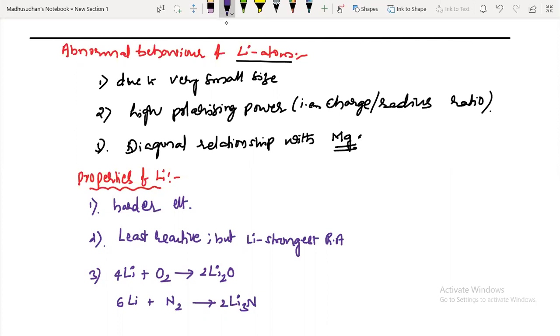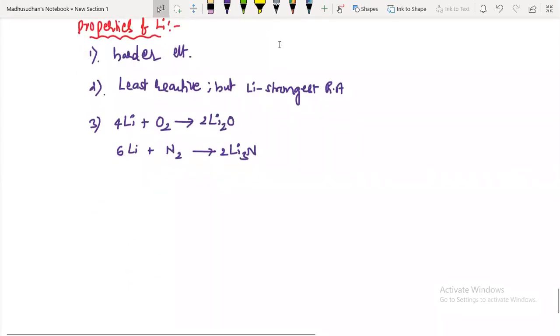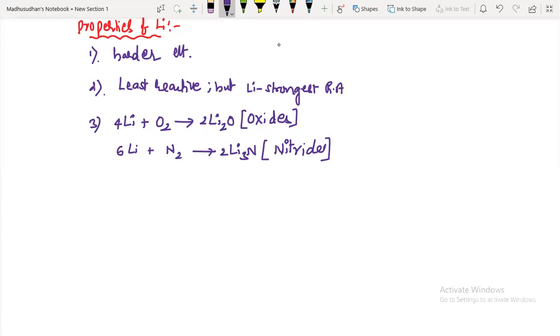Unlike other alkali metals. Other alkali metals form oxides, superoxides, and peroxides, right? But lithium forms only oxides with atmospheric air and forms nitrides with atmospheric nitrogen. Lithium nitride. And fourth property, lithium chloride